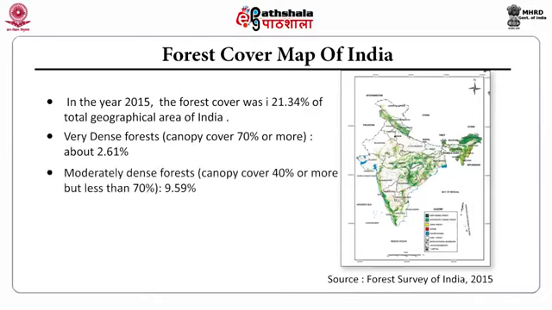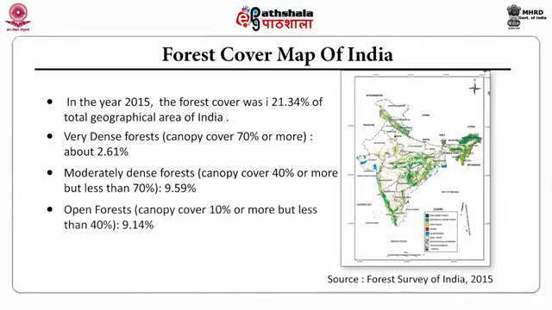The moderately dense forest where the canopy cover is 40% or more, but less than 70%, they account for 9.59% of the forest area. The open forests where the canopy is 10% or more, but less than 40%, formed 9.14% of the forest. The scrub forest where the canopy cover is less than 10% were only